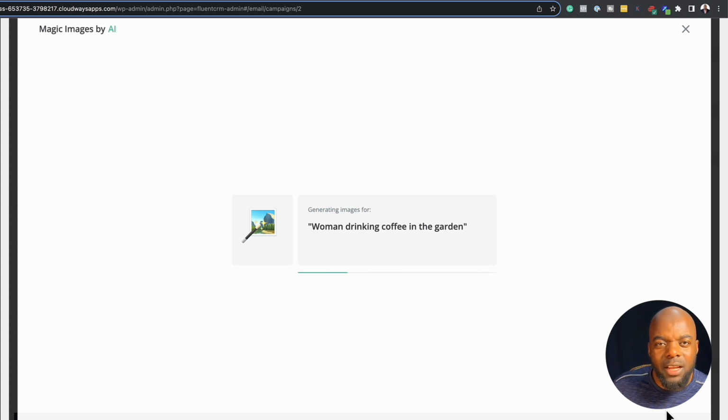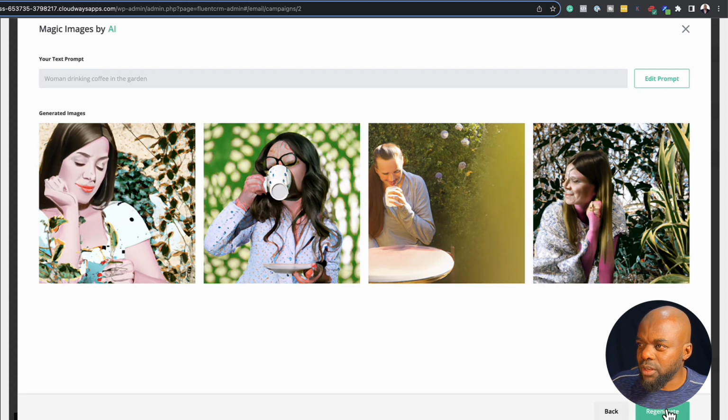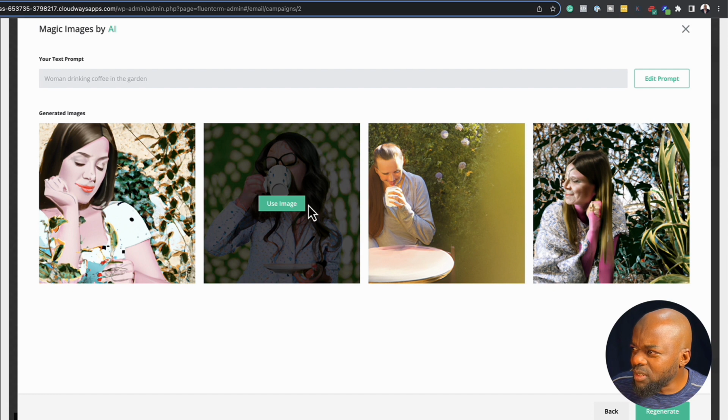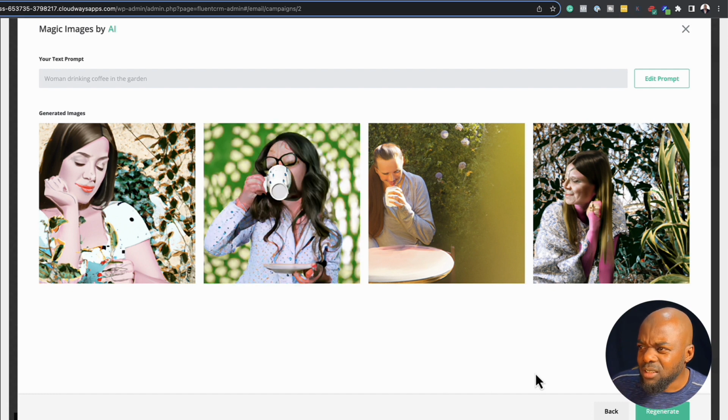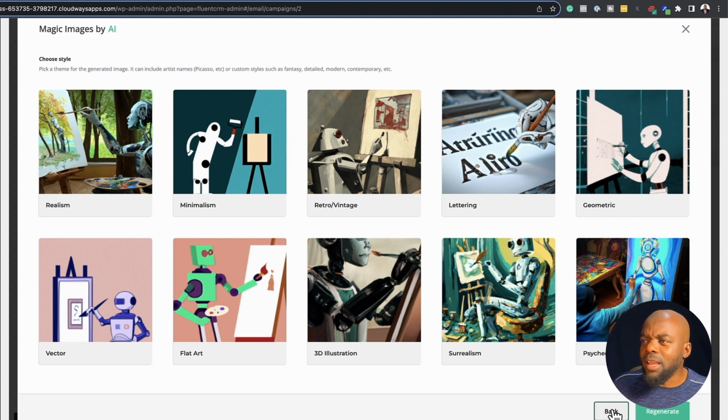Perhaps maybe, I mean, the AI is still improving, and I hope it's still improving, because some of these images are not so good, especially with the humans. You can see they are distorted. I'm looking at this one here. It's not looking good. This one here is not looking good either. So all I can say right now regarding the images is maybe stick to images that don't involve human beings